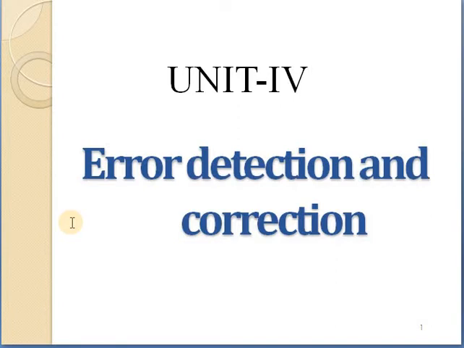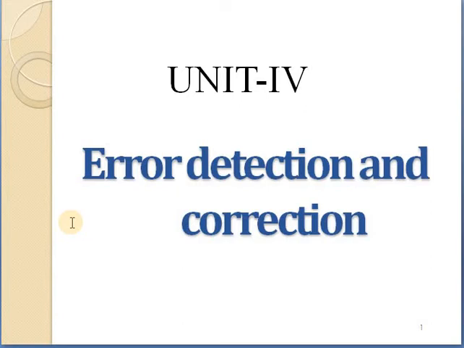The next point we discussed in the previous lecture is that there are mainly three methods for handling network congestion: first is buffering, then source quench message, and windowing. The sliding window protocol is the next flow control protocol. In the sliding window protocol, multiple frames are sent by the sender at a time before needing an acknowledgement. In stop and wait only one frame can be sent at a time, but in the sliding window technique multiple frames are sent before needing an acknowledgement. This is the previous lecture's point.